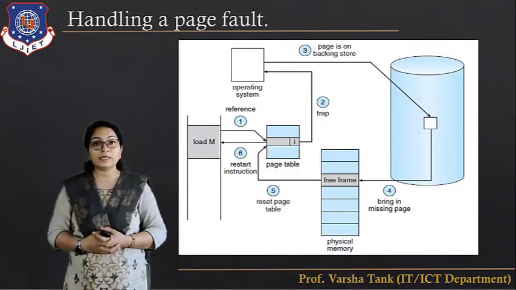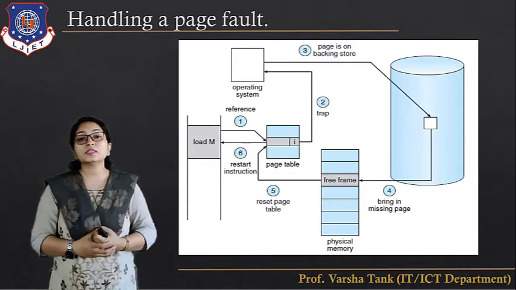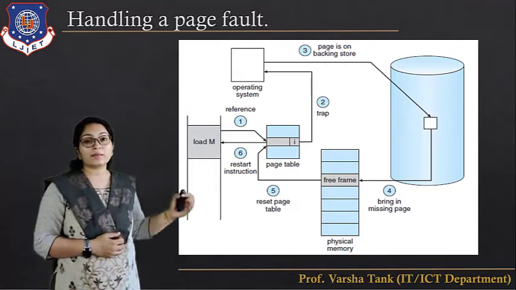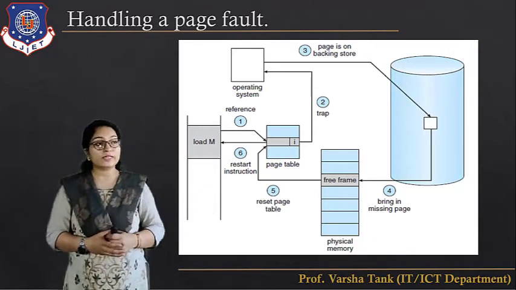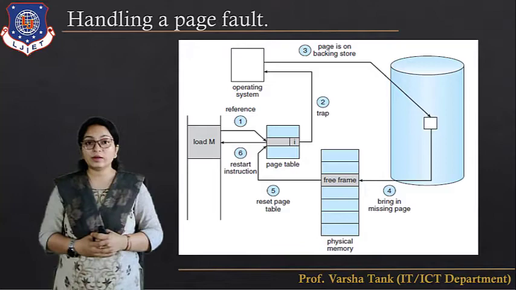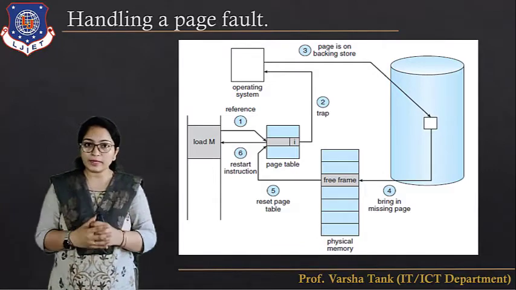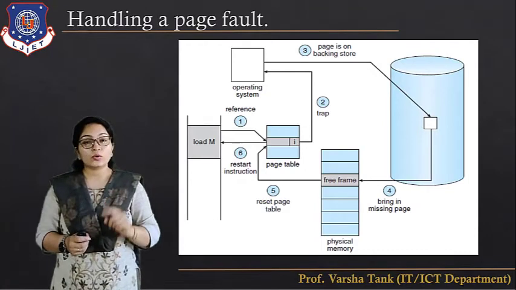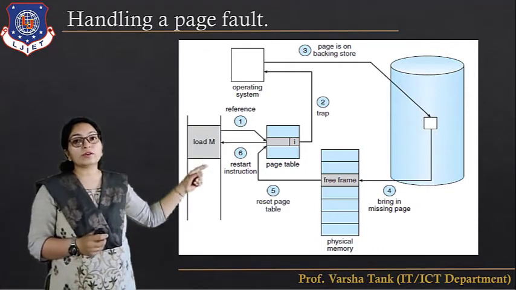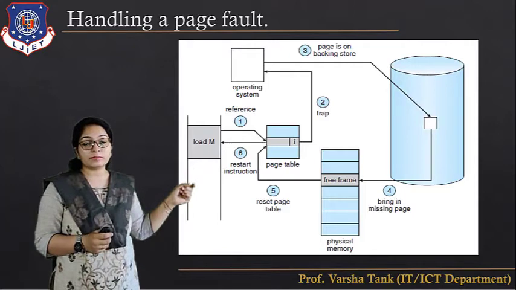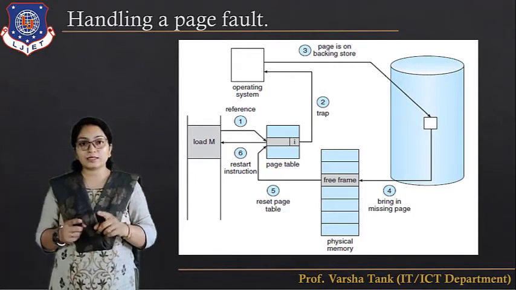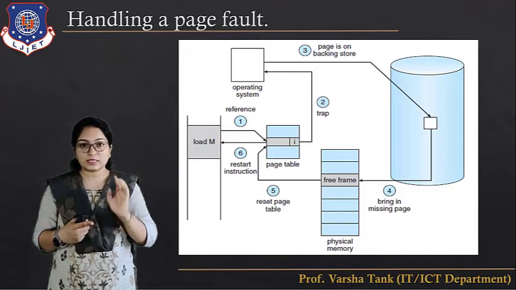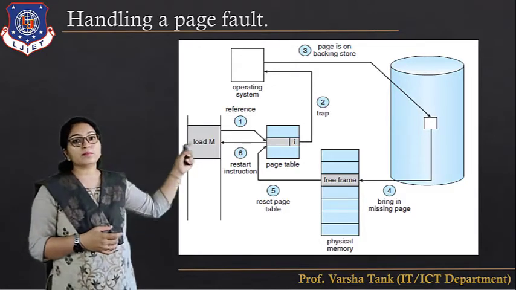For example, here page M is not present in the memory at the time when the program is in execution. So what will happen? The bit is set to invalid. Now all of you are aware of the invalid and valid bit. So the bit is set to I, that means invalid. The first step is that it will reference that particular page in the page table. If the bit is set as invalid, that means a page trap, page fault or page miss is there.